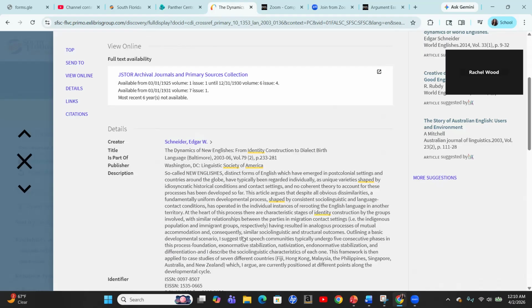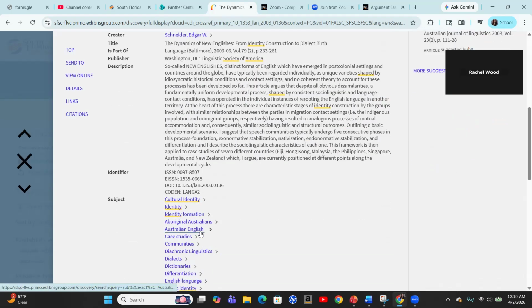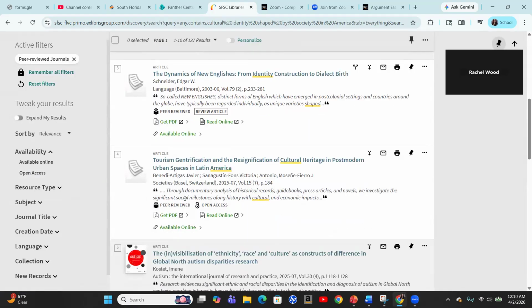So it says here, I suggest that speech communities typically undergo 5 consecutive phases in this process foundation. And then they give names to all of the different foundations. And then it has the countries, Fiji, Hong Kong, Malaysia, the Philippines, Singapore, Australia, and New Zealand. New Zealand. So that might work, but maybe not really what I'm looking for